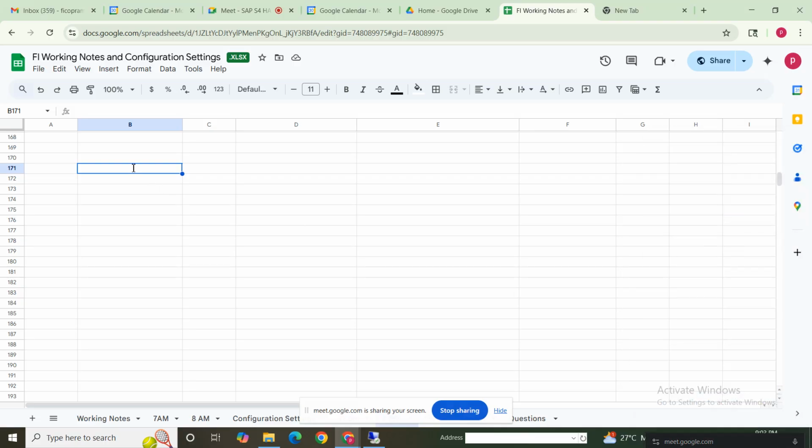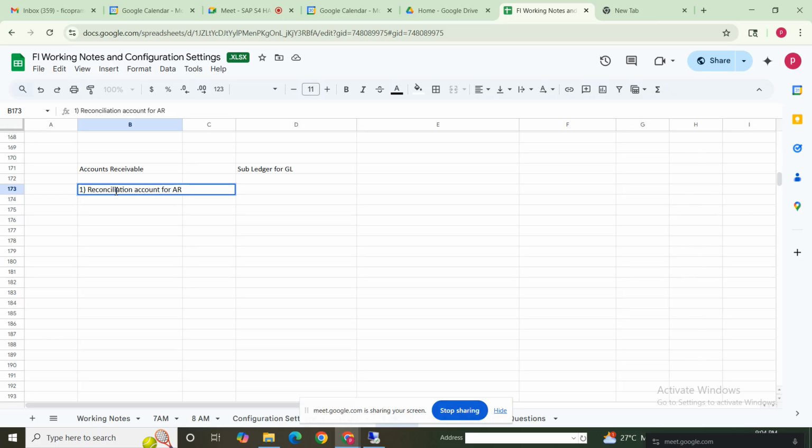Okay, accounts receivable. So accounts receivable is the subledger of the GL accounting. This is also called subledger. Subledger for what? For GL. For the main general ledger accounting, this is a subledger. So again, here also we create a reconciliation account. Earlier we created a reconciliation account for accounts payables, right? Here we create a reconciliation account for